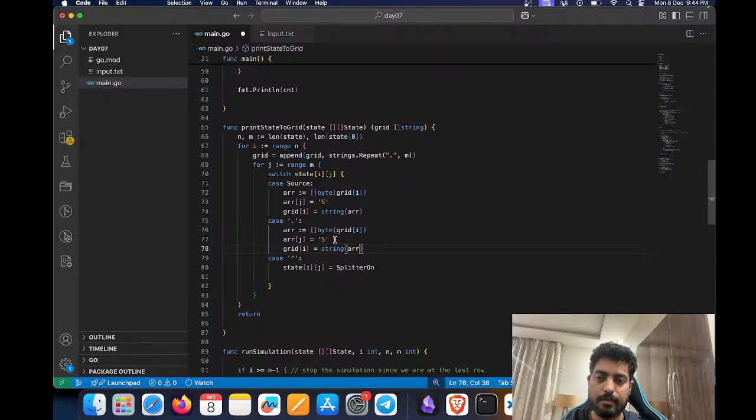Why do I make things complicated all the time? This is empty. We could have done everything on this same thing here, but